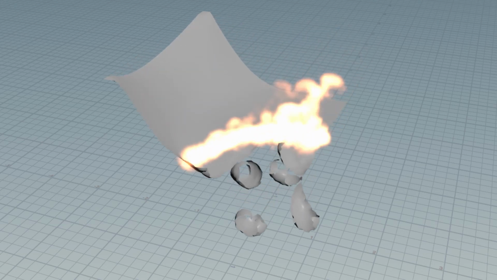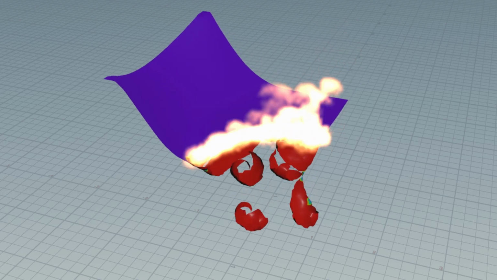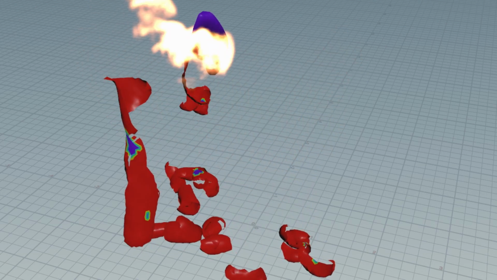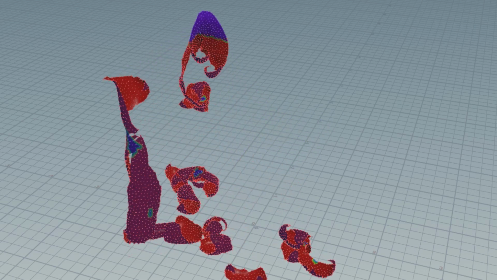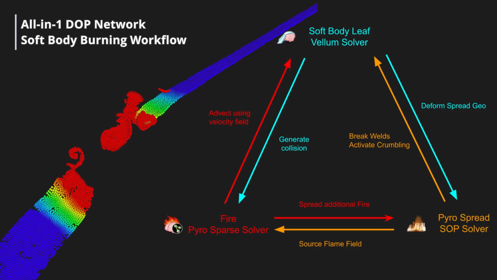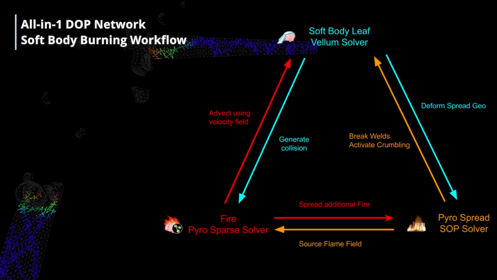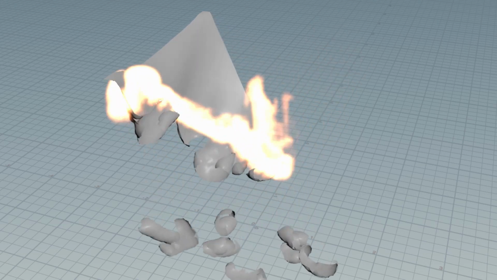In this tutorial, I showcase how I combine different solvers into one .NET to achieve a soft body burning effect. We will build step-by-step a pipeline that allows complex interaction between each component, while keeping the workflow polyvalent. I developed this tool to achieve this sleeve shot for my demo reel, but here we focus on a simple application to a sheet of paper, no look dev, no tuning or compositing to keep things simple.